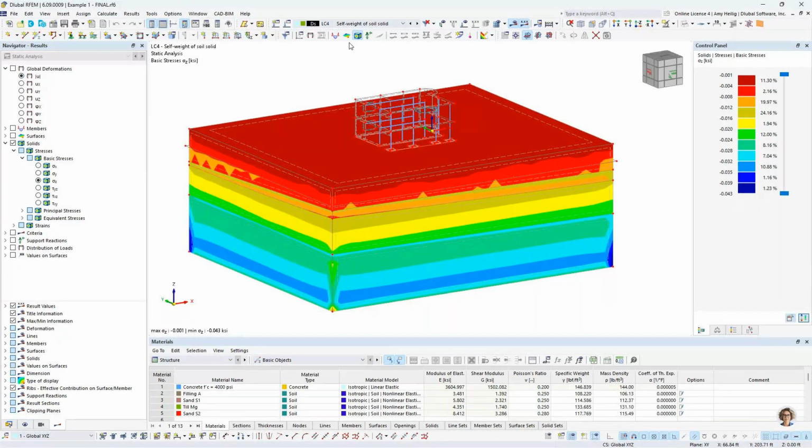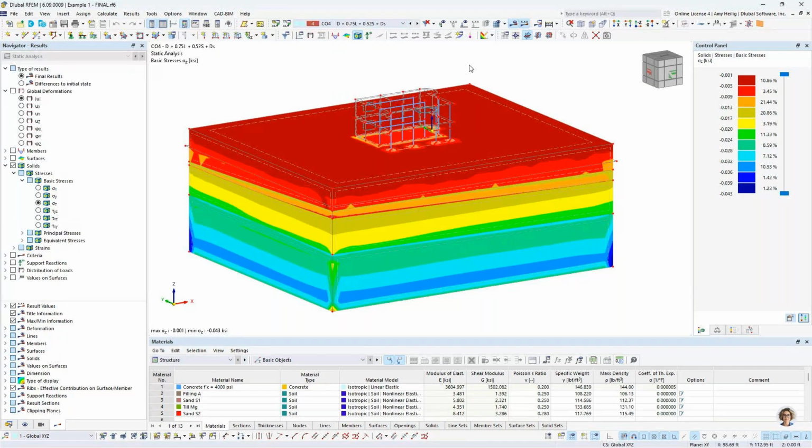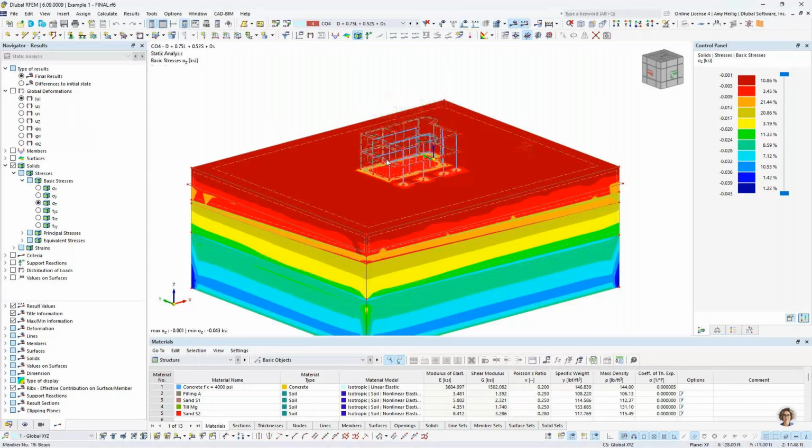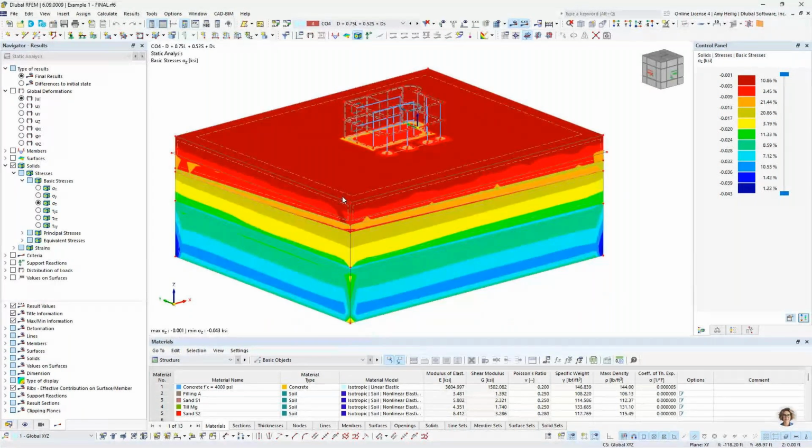So now moving on to probably the more interesting load combination number 4, where we have actually applied these loads to the structure. We can even turn them on graphically here to see them, the gravity loads applied, in addition to considering, of course, the soil solid. So beginning first here with the stresses within the solid, we have activated again sigma z, we've applied these additional loads. Well, we have a lot of useful features within the program that allow us to view these different results in different ways. So one of them that I would suggest is here under the type of display,